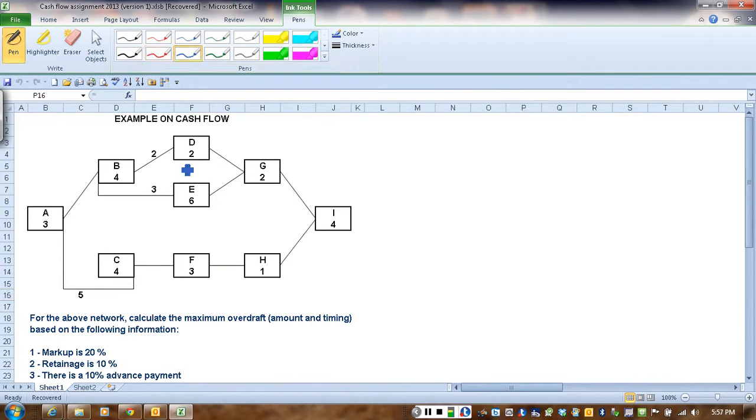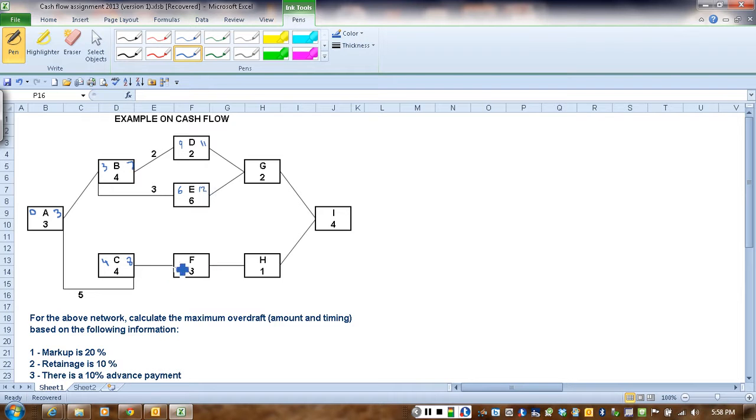And here's my color, although Kentucky's out of the NCAA, we're still going to select Kentucky blue. So we start with 0, with 3, so here we have 3. We're going to transfer 3 plus 4 is 7. Here we have finish to finish. So we're going to take the 3 plus 5, which is 8, minus 4 is 4, and then here we're going to have 7 plus 2 is 9, plus 2 is 11. Here we have 3 plus 3 is 6, plus 6 is 12,